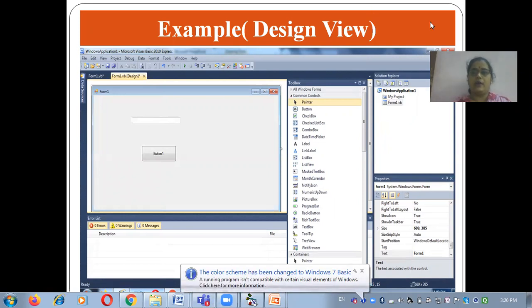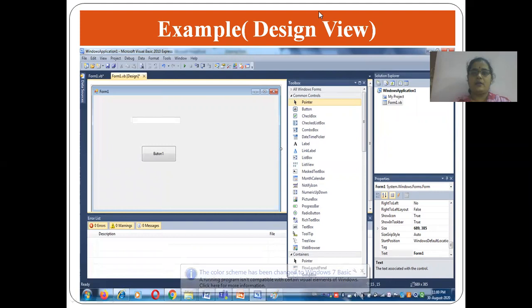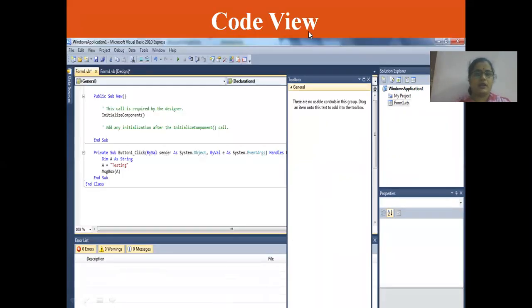Now here I am going to explain how we use the data type. Now this is my form, and in this form I have considered one command button and one text box. Okay. Then I'll write the code.